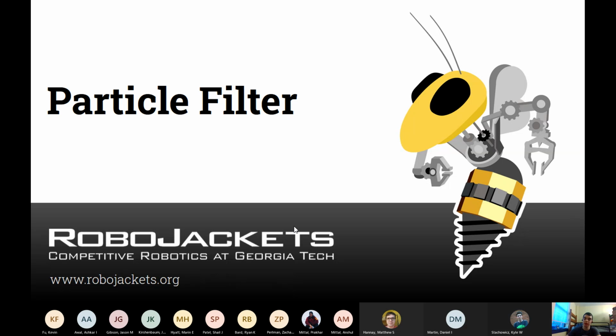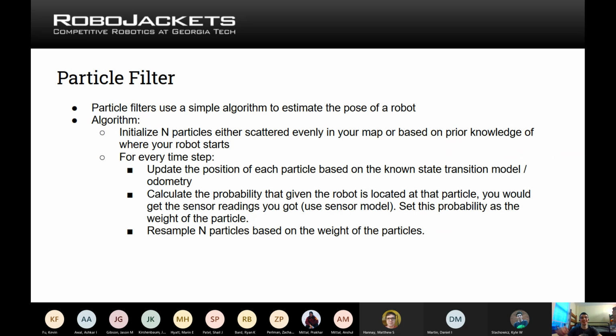So if you found the Kalman filter to be very heavy on math, you might like a particle filter because it's a lot less heavy on math. Basically, it uses a simple algorithm to estimate the pose of the robot. Of course, there's drawbacks to it,